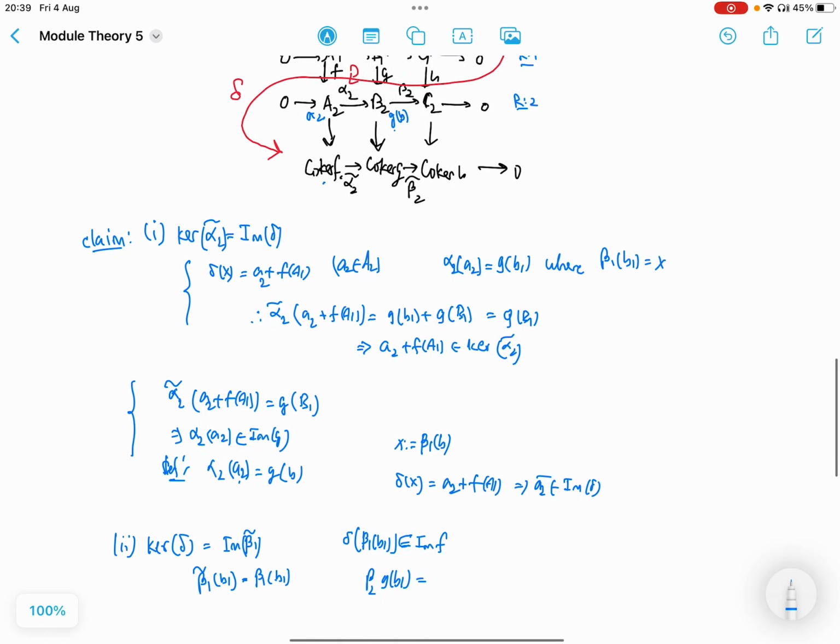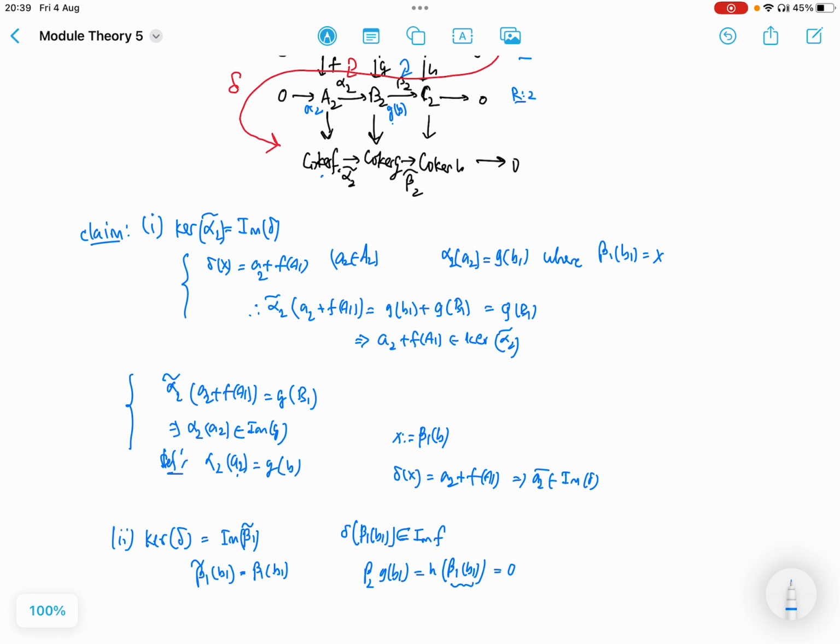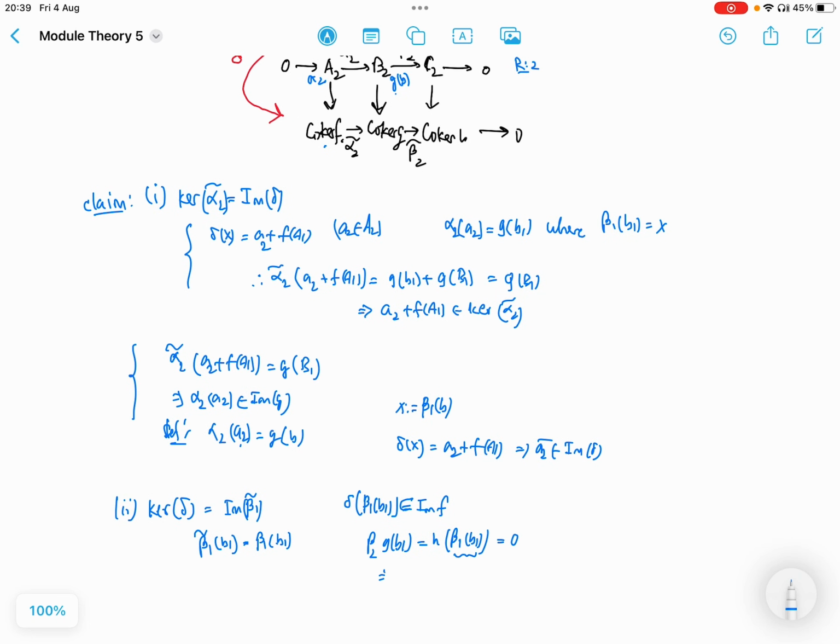due to commutativity of this square, beta 2 G is the same as H beta 1, right? So H of this. Okay, and so yeah, that is 0, right? And because this element is inside kernel of H, then what you get is that G of B1 is inside the image of alpha 2